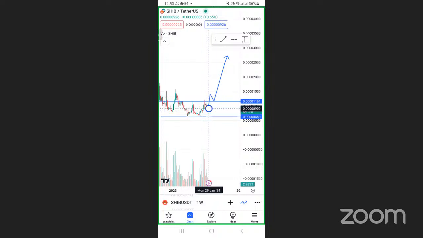It can come here. I want to change this color to red. Let me see where I can change from. Okay, I think like that. It can come and pass through like this. Whoosh, it falls, tries to come back here, is rejected, and then it continues falling. Those are the two scenarios. You get it? It can either go up, or break through the range low.